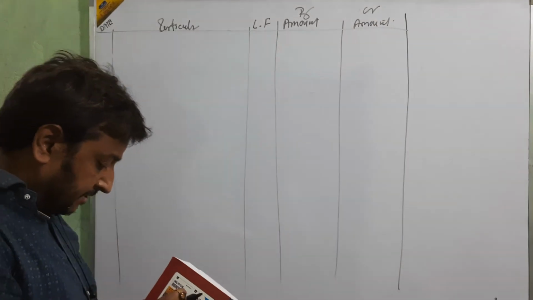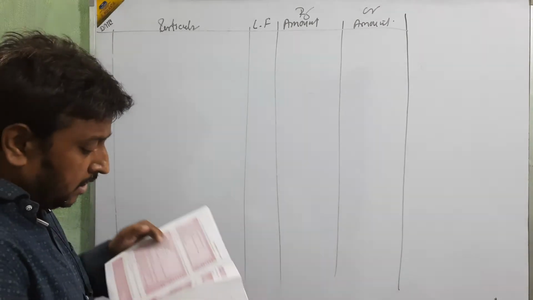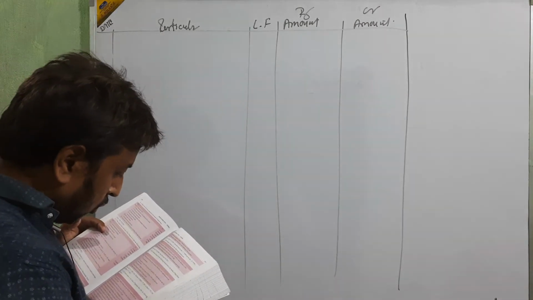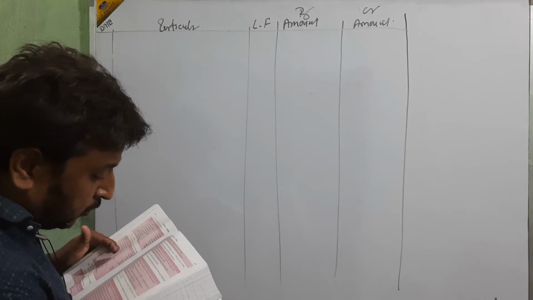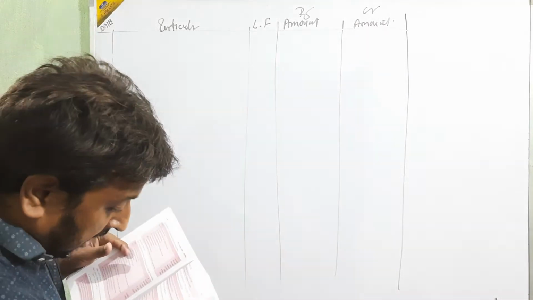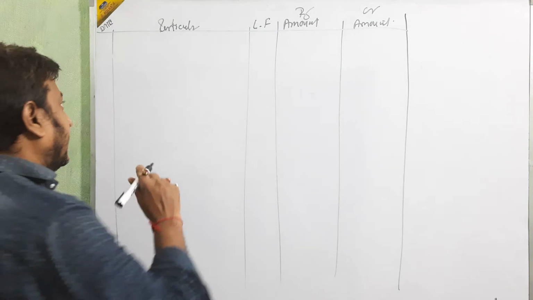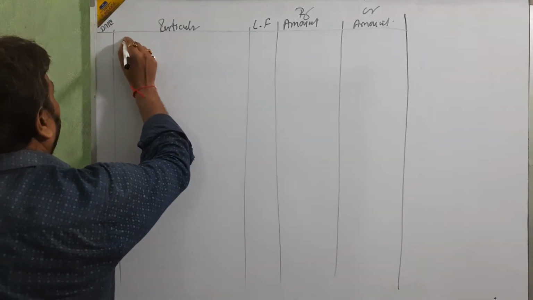Okay, go for the next. First is sold goods to Mohan at the list price of 2 lakh with a trade discount of 20%. Less the trade discount actually. We are going to sell to Mohan. It means